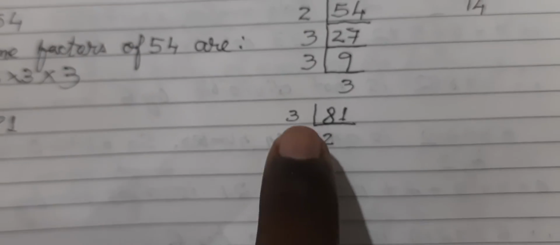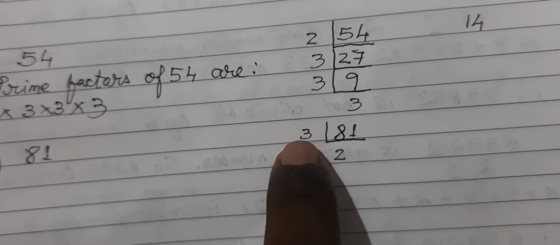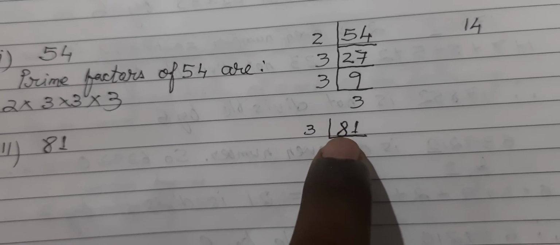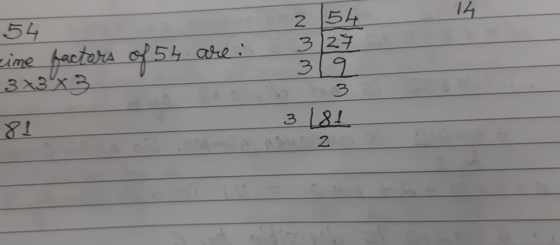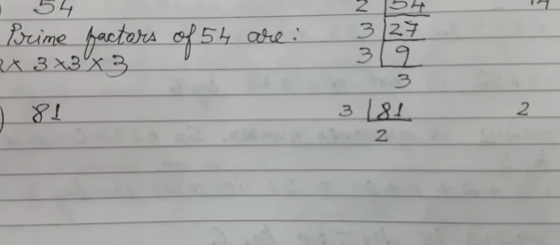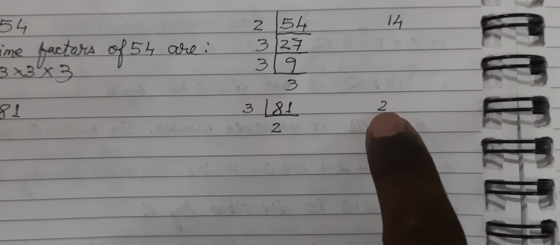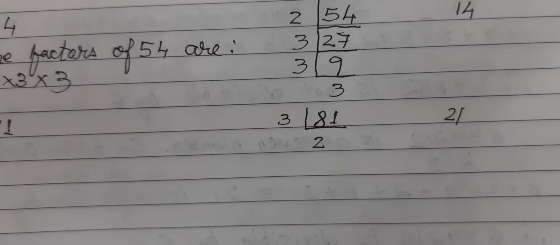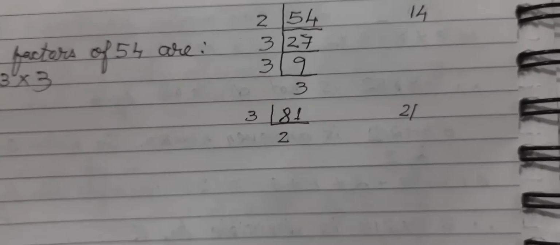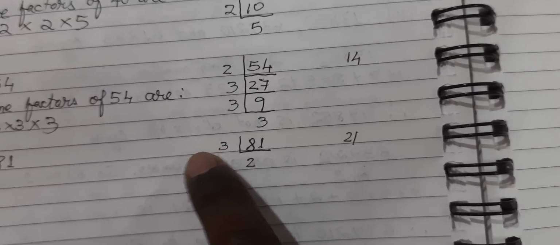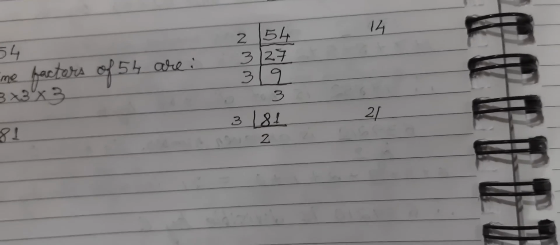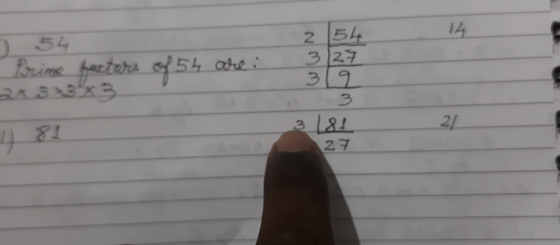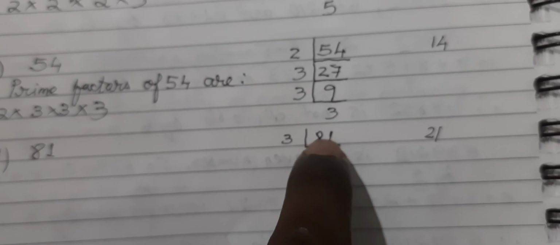Okay. So we will use the first digit 8. But 8 is not there in 3's table. So the nearest that you will get is 3 2s are 6. So from 6 to 8, how much difference? The difference is 2. I have written it on the side. And what is the next number that is there? 1. So write 1 beside 2. So what number you get there? 21. Now with 3, if you want to divide 21, 3 7s are 21. So thus we see that when you multiply 3 into 27, then you get 81.